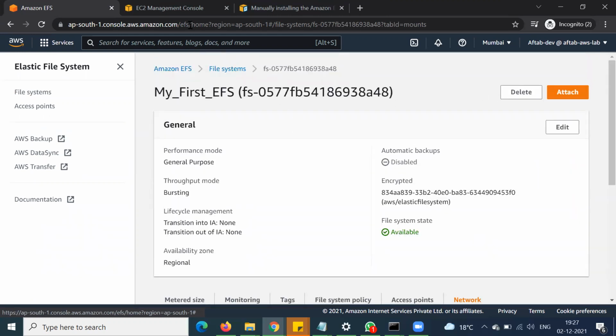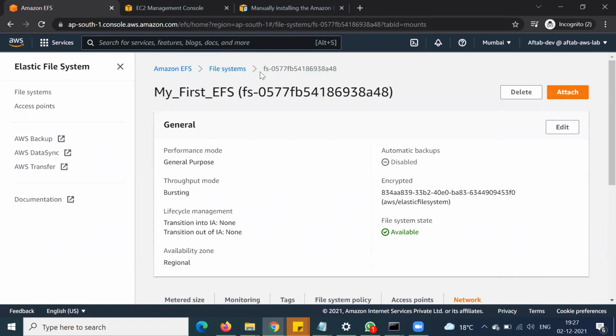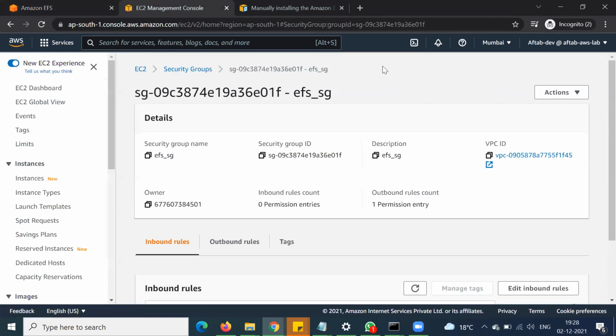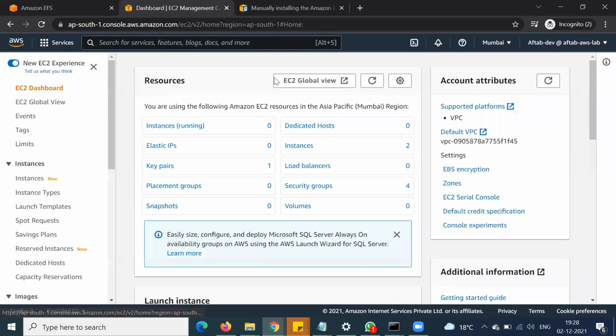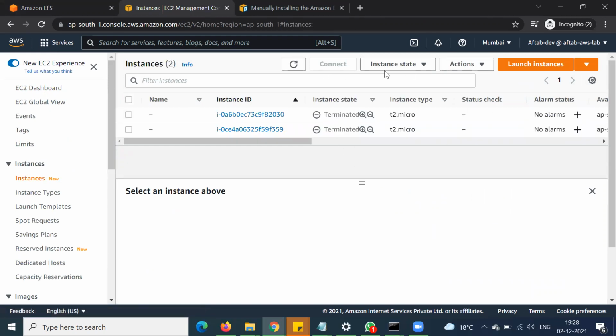Now friends, we are going to create a few servers on which we will be mounting this EFS file system, and then we will look into how we can access a file, how we can upload a file, and how we can create a file in one availability zone and find the same file in another availability zone. So let's go into EC2. We do not have any running instance, so we need to create two or three EC2 instances. For this demo, first we will be creating two EC2 instances.